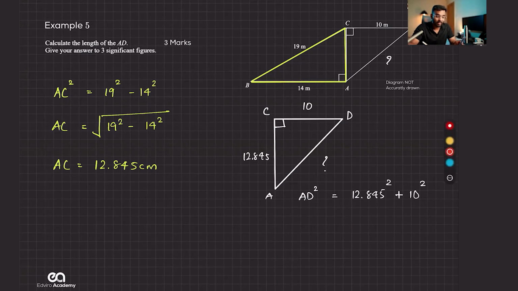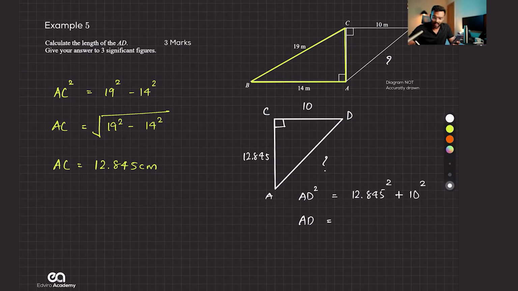Arya, great question, we're subtracting them there, and here we are adding. Is that what you were struggling with? Subtracting, because over here we are finding one of the smaller sides of the triangle, so it will be this one square minus that one square. Got it? But in the other case, we are finding the longest side, the hypotenuse. That's why. Okay, so AD equals square root of my answer square, guys, plus 100.